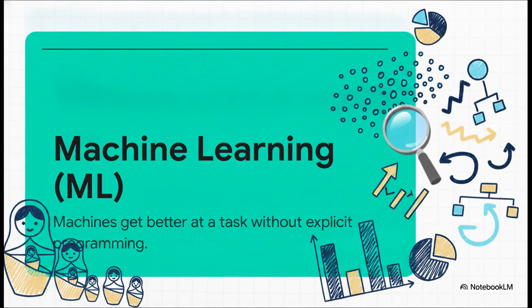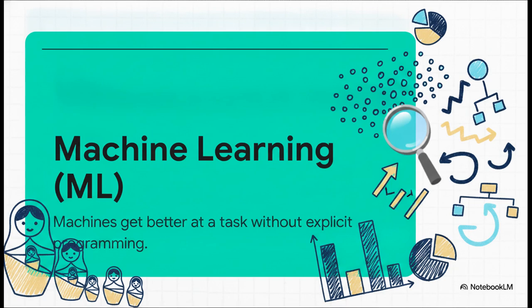Now let's pop open that outer layer to reveal the next doll hiding inside: machine learning. This is really the engine of a modern AI system. You see, in standard software, a developer writes explicit if-then rules, right? Like, if an email contains the word free, mark as spam. Well, machine learning doesn't do that. Instead, it uses statistics to learn from massive amounts of data. It finds patterns and actually gets better at a task all on its own, without anyone explicitly programming every single